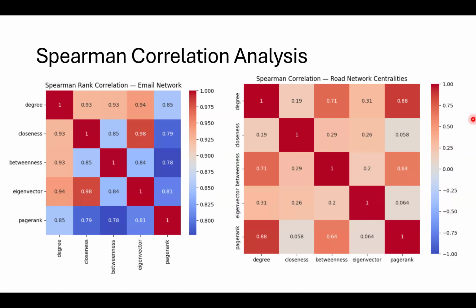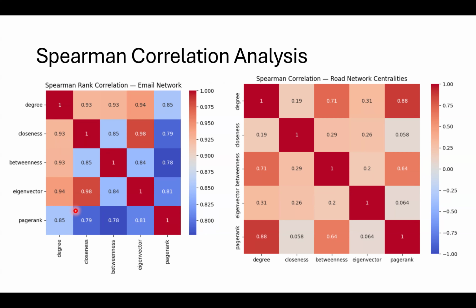And this slide shows the Spearman rank correlation between the different centrality measures for both networks. In the email network, we observe very strong correlations between almost all centrality measures, often above 0.8 or 0.9. This indicates that influential nodes tend to score